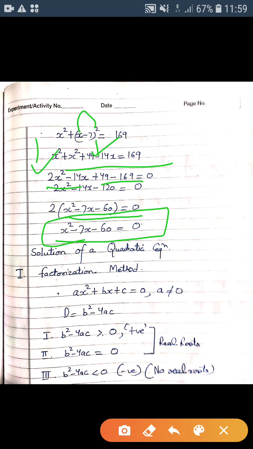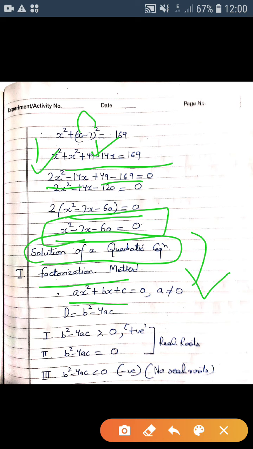Now, what we are most interested in is finding the unknowns, or the solution, of a quadratic equation. And as we know, it can be done by the factorization method. But here we are shifting to a process of checking whether we are going to find real roots, real solutions. How do we check for real roots? We have to look at the coefficients first. Always, in all the questions, you have to look at the coefficients. A is the coefficient of x square, B is the coefficient of x, and C is the constant term.